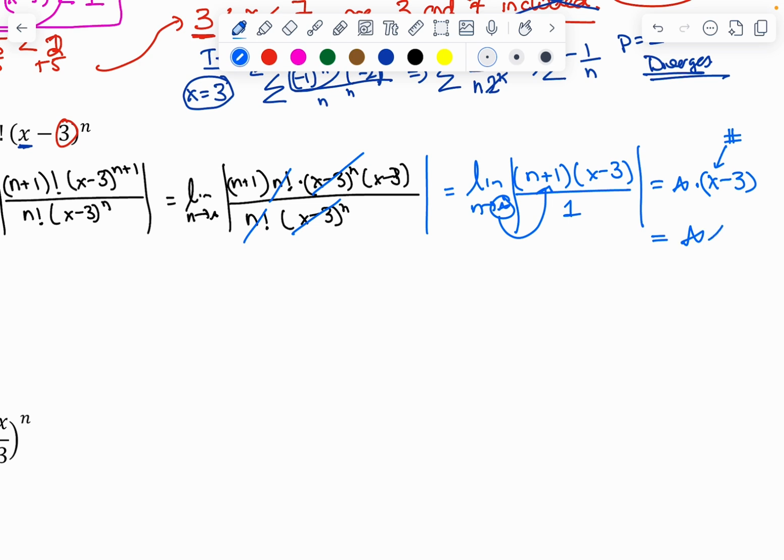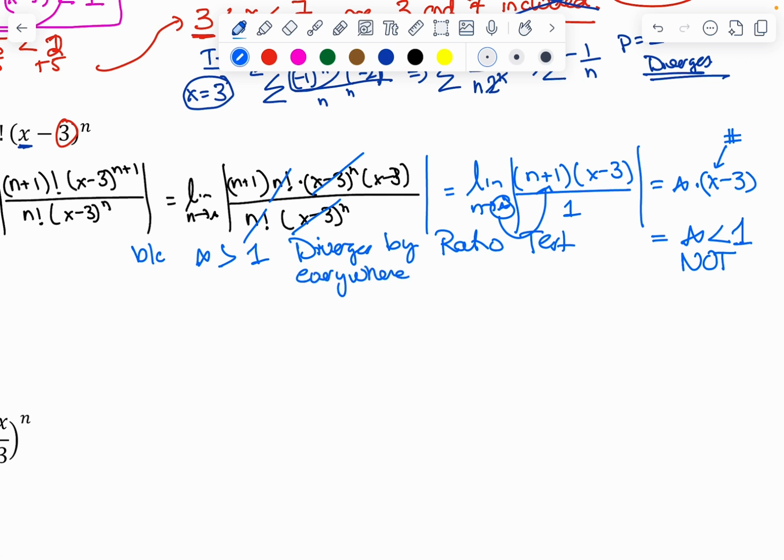And infinity is not less than 1. Because infinity is greater than 1, it diverges by the ratio test. And if it diverges by the ratio test, that means it diverges everywhere